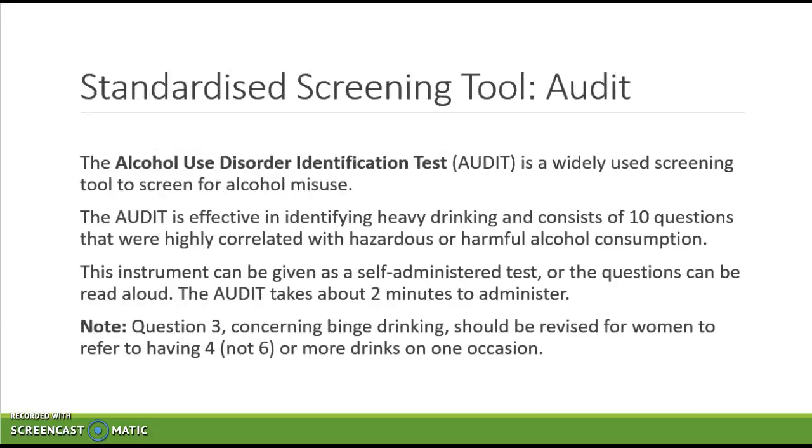Now, a really common standardized screening tool for assessing alcohol use is called the Audit, the Alcohol Use Disorders Identification Test. It's widely used. I'm inviting you to Google Audit as a screening tool, and you will be able to see a PDF version, and I'll try and download that and put it into the unit announcements for you. But this Audit screening tool is a really effective way to identify people with problem drinking, and